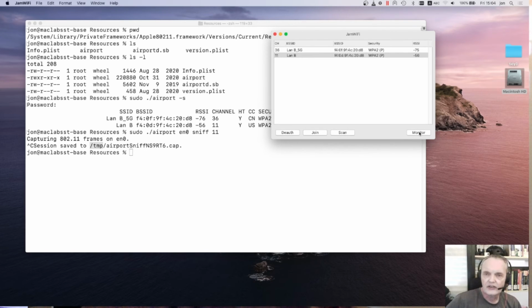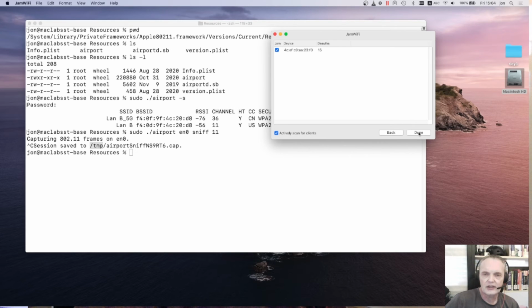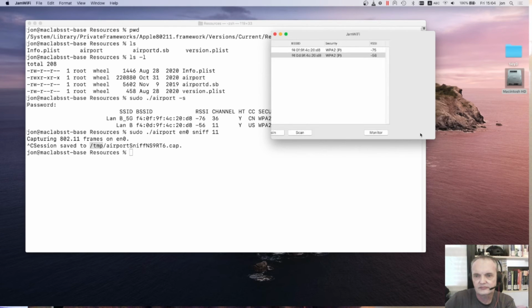Now, on this system, we can actually monitor, and that should mean, yeah, we get a list of the devices that are actually connected. And so we can see here 2 devices, 3 devices. There's probably going to be another few coming through in a minute. Now each of these are ticked, and we can actually deauth them as we want. And so by repeatedly deauthing them,